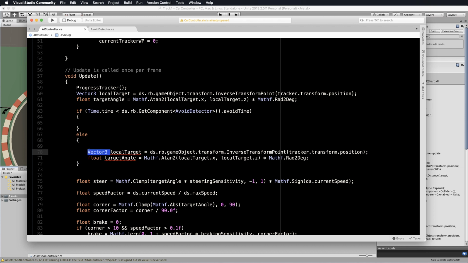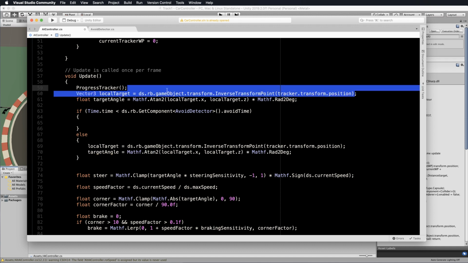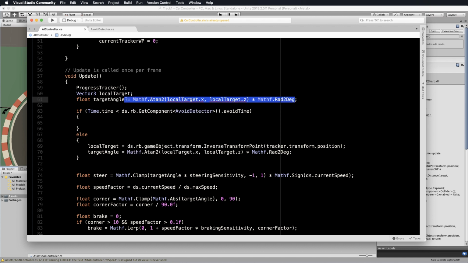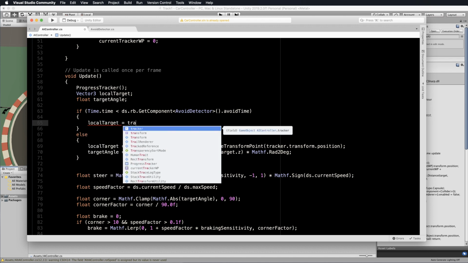Now we're going to declare these outside of the else statement, so we just get rid of our Vector3 and our float values for that. And then for these values at the top, we can just actually get rid of all of the math in there because we're just declaring them. Okay, so now what goes into here? Well, we're going to have local target equals